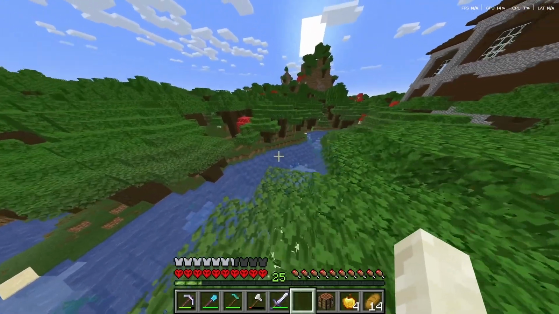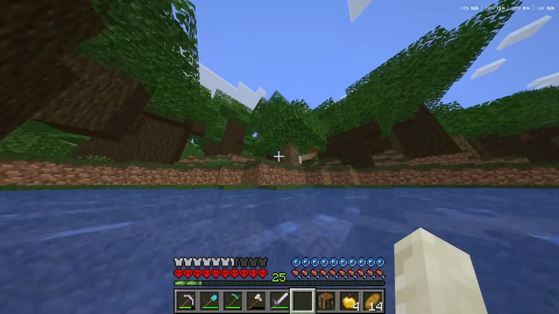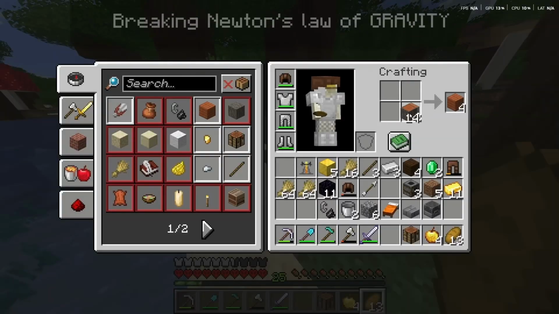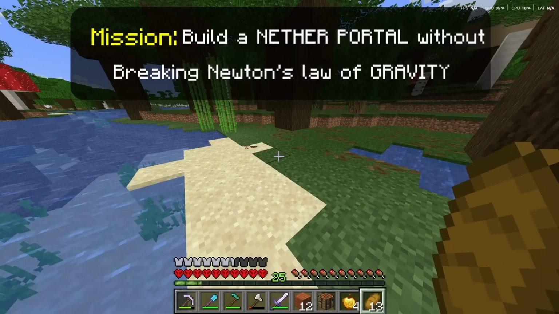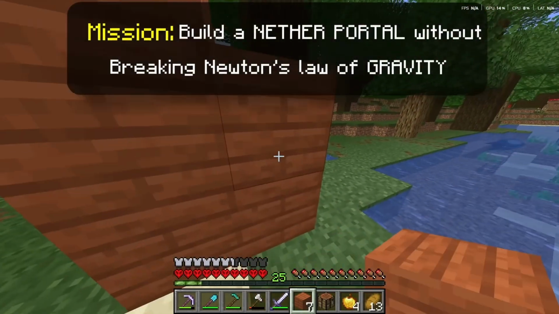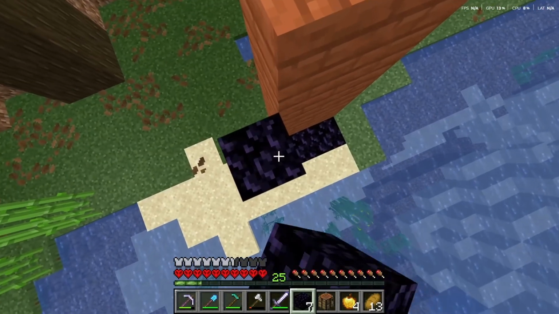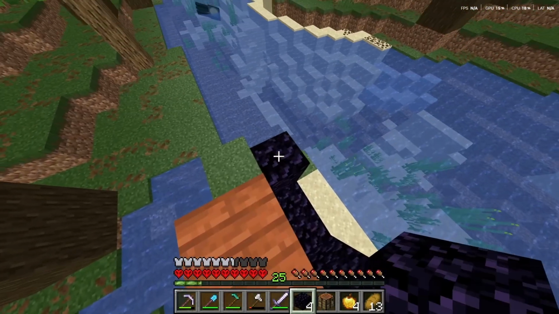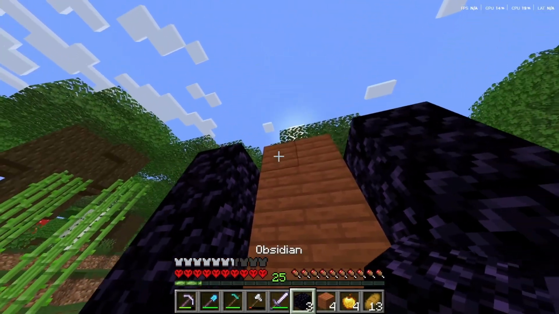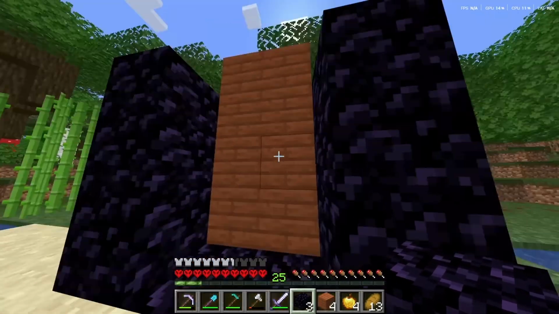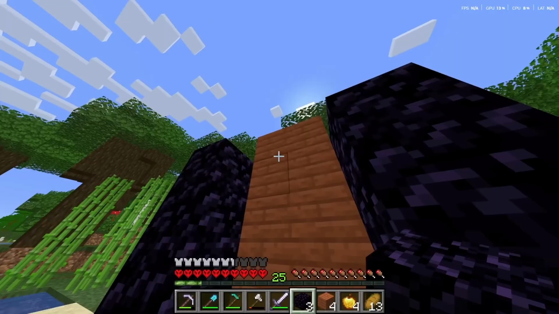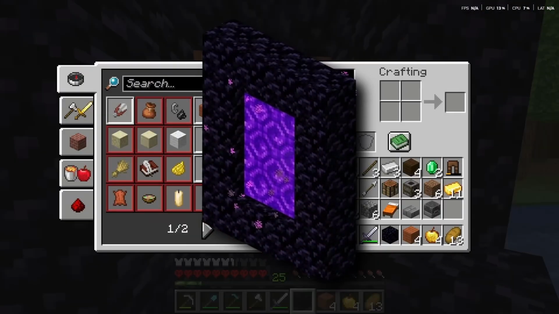And look, we have everything we need for a nether portal right here. Luckily, I picked that obsidian up from all those ruined portals earlier. Let's go ahead and make our portal. Okay, the trick is going to be not breaking the law of gravity. So make sure we build some supports. Okay, perfect. Then we can go boom, boom, boom, boom, boom. Boom, bam, bop. What do you say, guys? Does this count? It's being supported, right, by this wood. I built it up so that it can be supported.